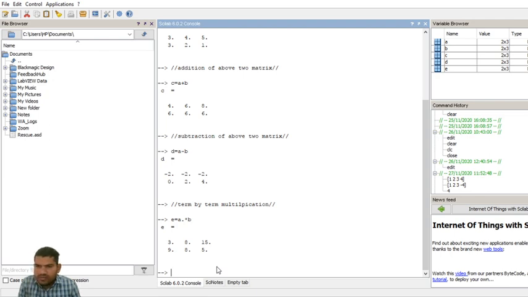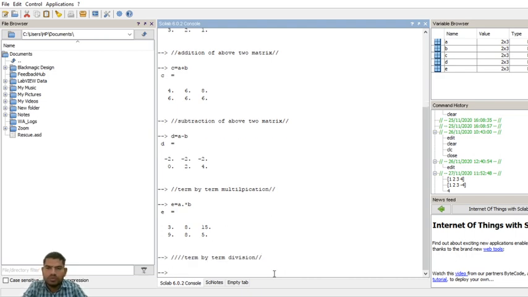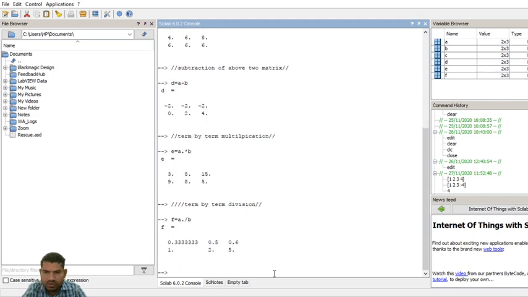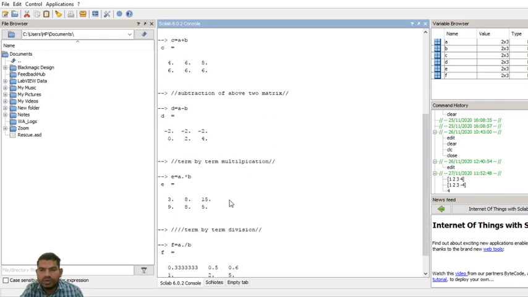And F is term by term division. Here for term by term division we also require a new variable, F equal to A dot slash B. This is term by term division of the corresponding elements of matrix A and matrix B.